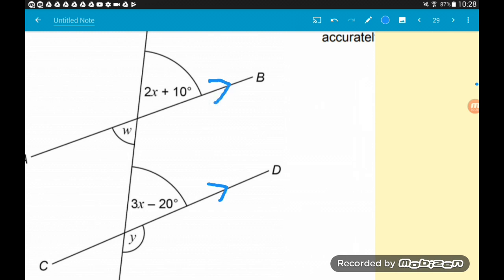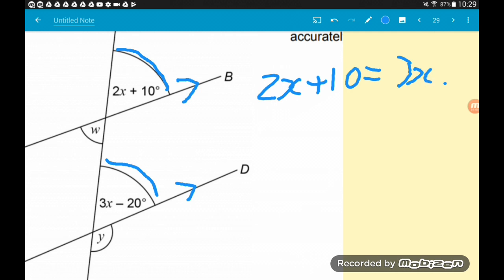So that means that this angle 2x plus 10 and this angle 3x minus 20 are corresponding angles. Now corresponding angles are equal to each other. How in maths, if two things are equal, how do we show that? We whack an equal sign in between them. So we can say that 2x plus 10 is equal to